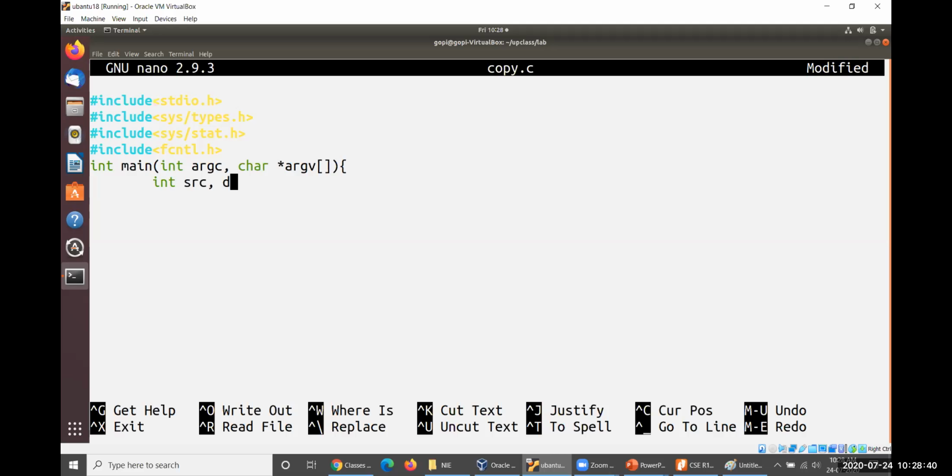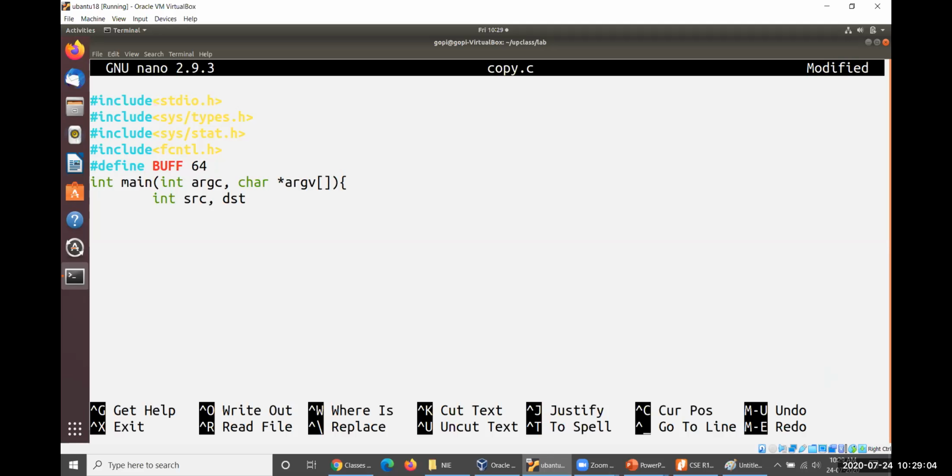Second one is dst, destination. Then #define BUFF, the buffer size. Let me take 100, otherwise 50. However, you can take your own. Better to take powers of 2, 64. Powers of 2 are suggested here.